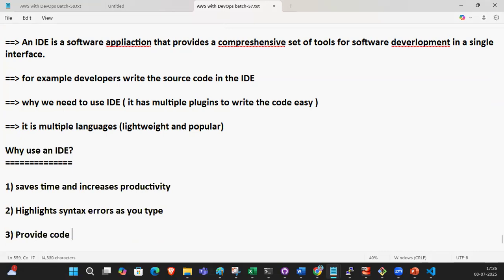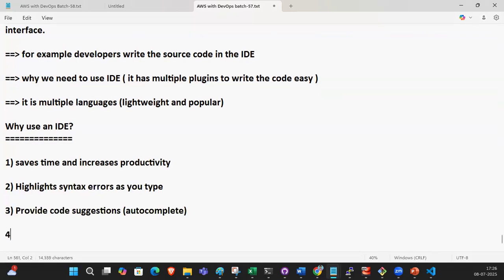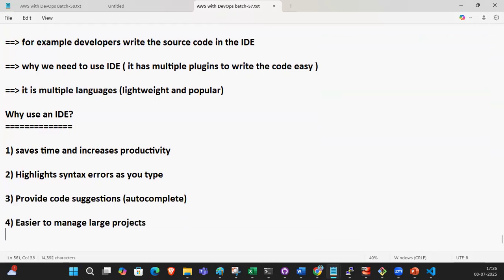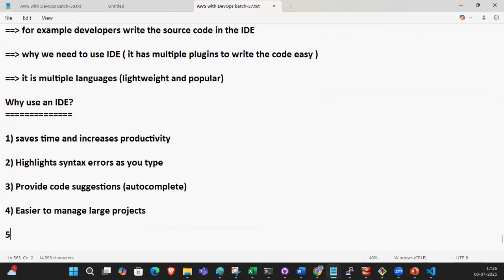It also provides code suggestions. What is that? It provides code suggestions, auto complete. So it will automatically suggest your code. And what is the fourth one? The fourth one is that it is easier to manage large projects. Large projects. So the fifth one,